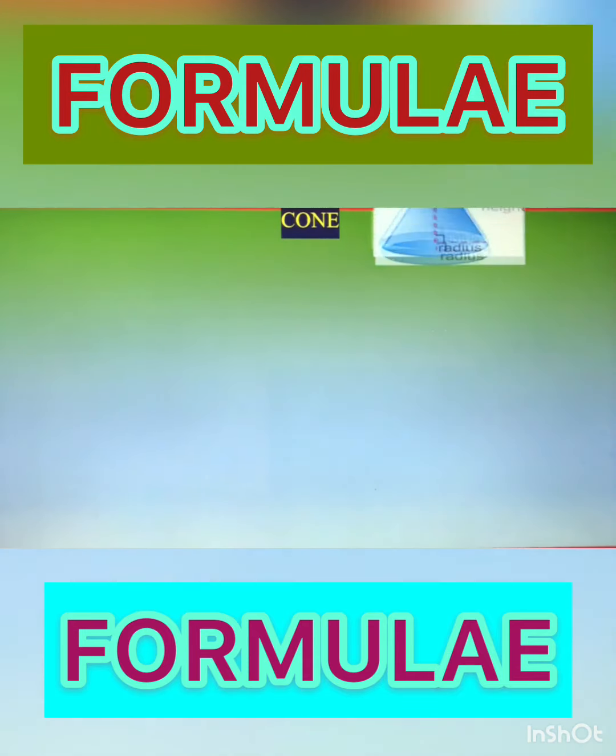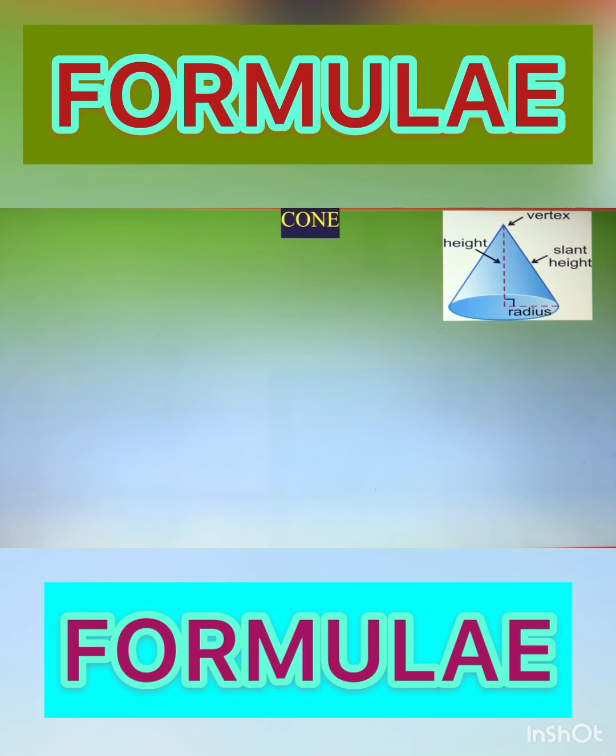So here, this is the shape of a cone, this is the new solid, and in this cone you can see that the top part is known as vertex and this red dotted line, that is the perpendicular distance, is known as height of the cone, and this base dotted line is known as the radius from the center, that is r, and this, you can see here, is the slant height of the cone indicated by the symbol L, and the height is indicated by the symbol H, and radius you know well, that is r.